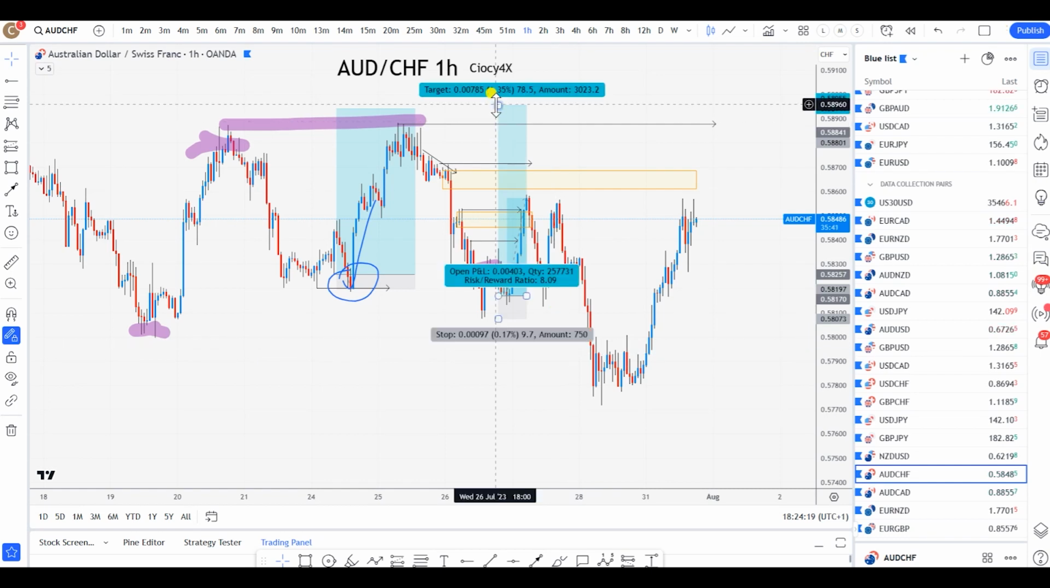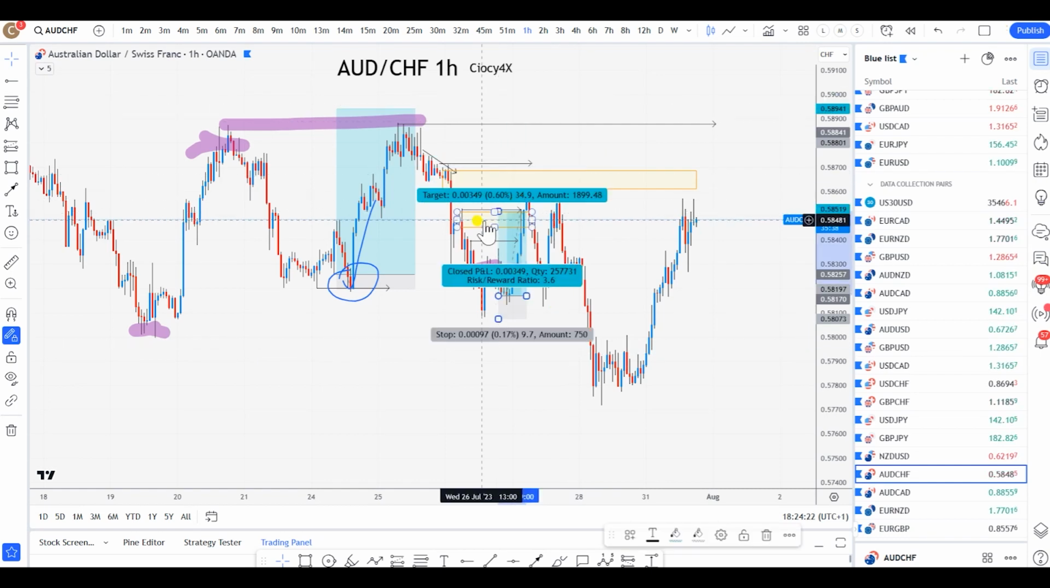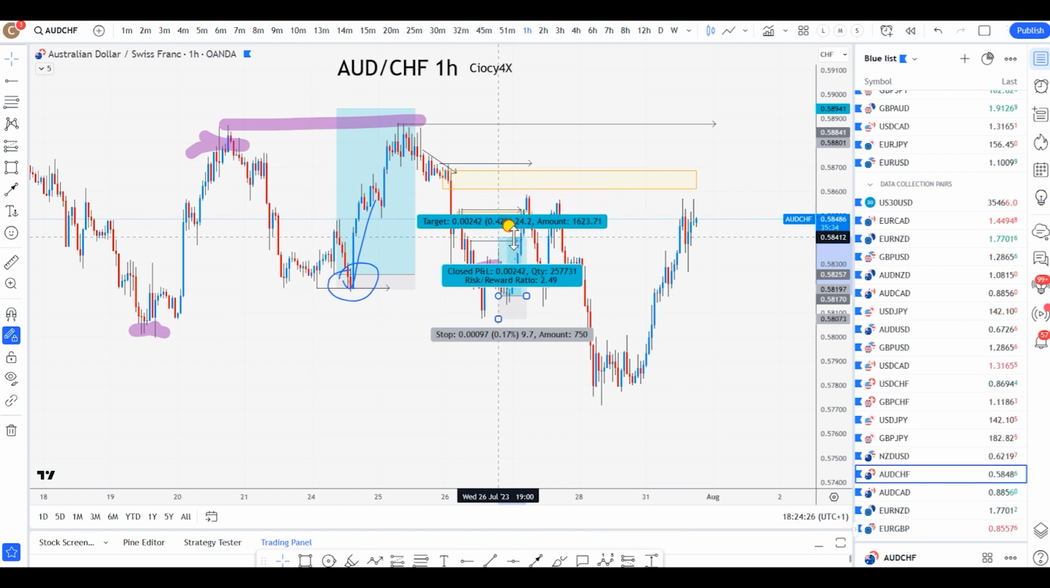I don't like dynamically because, yeah, it's true, I know there's an imbalance, liquidity, and everything. However, what tends to happen is that every time that I take a trade in a dynamic way, I feel like, and I'm pretty sure you guys can relate to this as well, is that